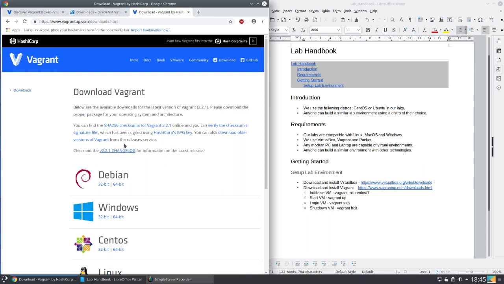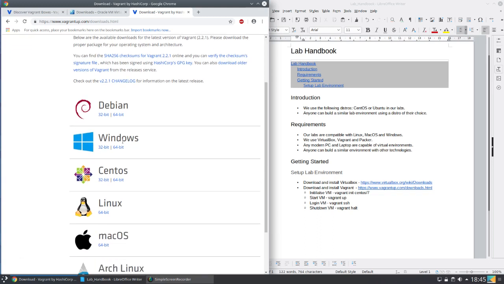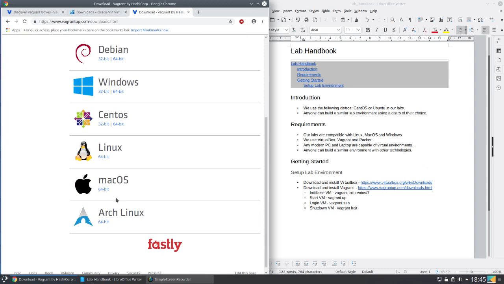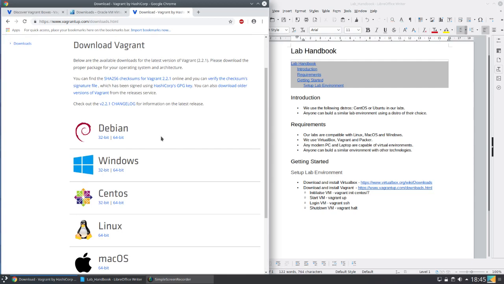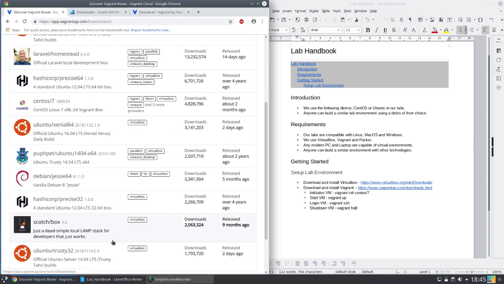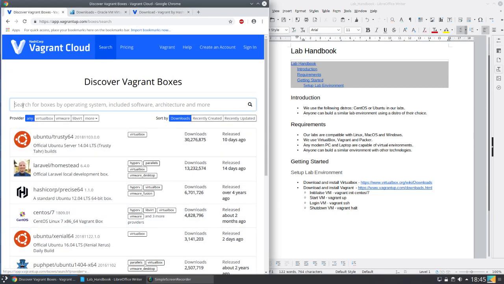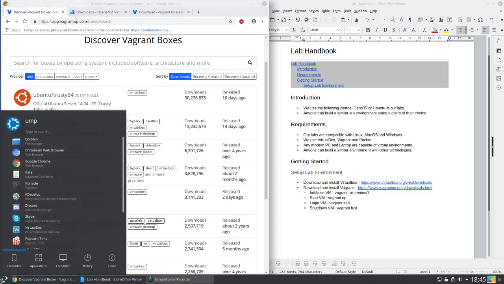you to automate the installations of distros and also remote access. It's basically provisioning for VirtualBox, and it's really simple. So what you want to do is just download one of these, Windows, Debian, Linux, whatever distribution you're on, and then once you've downloaded it and it's installed, we'll talk about boxes, which is essentially their repos with pre-configured virtual machines. So I'm going to go to a command line